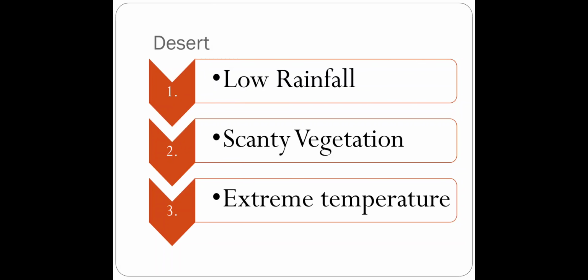Now, people there have already adapted themselves to live in those extreme climatic conditions. If we go there, it will be very difficult for us to survive, to adapt to that environment, but they are born and brought up in such a way that they have already adapted to those living conditions, okay, and they generally live in those areas. They generally inhabit only those parts of the deserts where water is available. Otherwise, these desert regions are very thinly populated, okay.